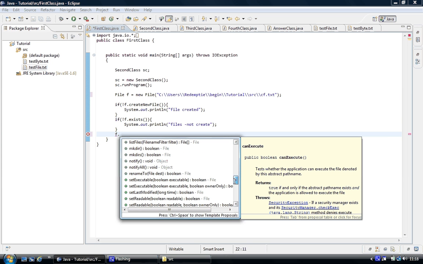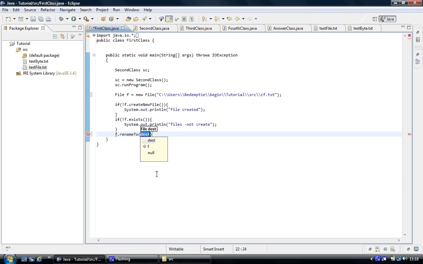Rename to, so that's a method there. Now what we need to do is put in the destination. What you need to do is create two new files. You've got this file, and you want to create another one. You can do it here, create another file, but you can also do it in here. You can go right, new file,